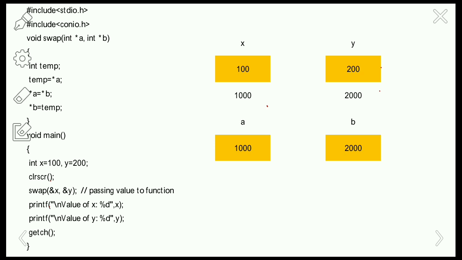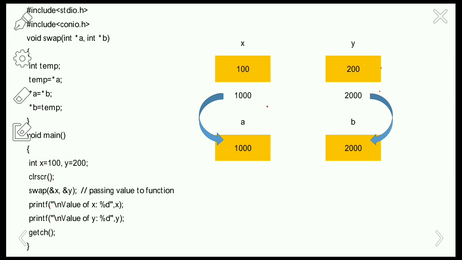So here the address of x, which is 1000, will be copied to a, and the address of y, that is 2000, will be copied to b as the formal parameter. Like this the address is passed here.